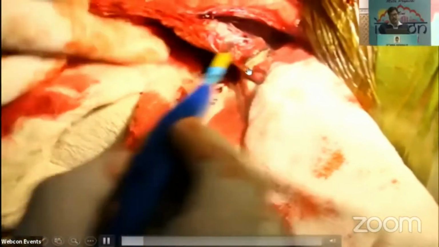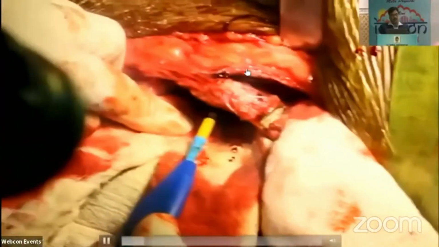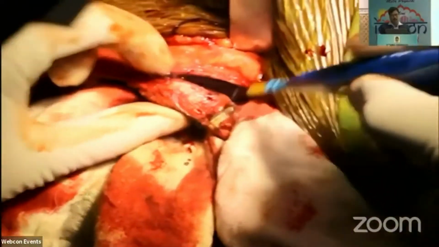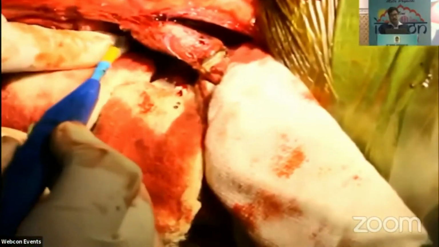And this is the marking where we have to do the osteotomy of the anterior superior iliac spine. It must be about 2 centimeters thick, and the osteotomy area should be pre-drilled for later exact reduction of the osteotomized anterior superior iliac spine.